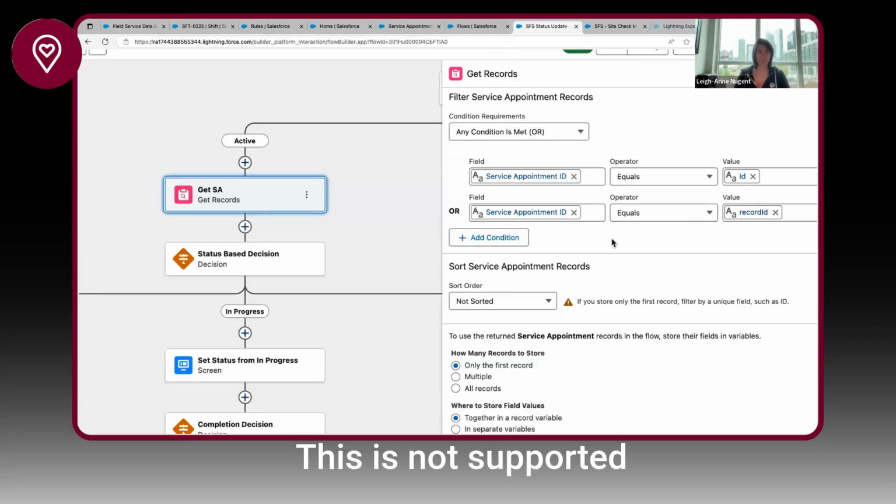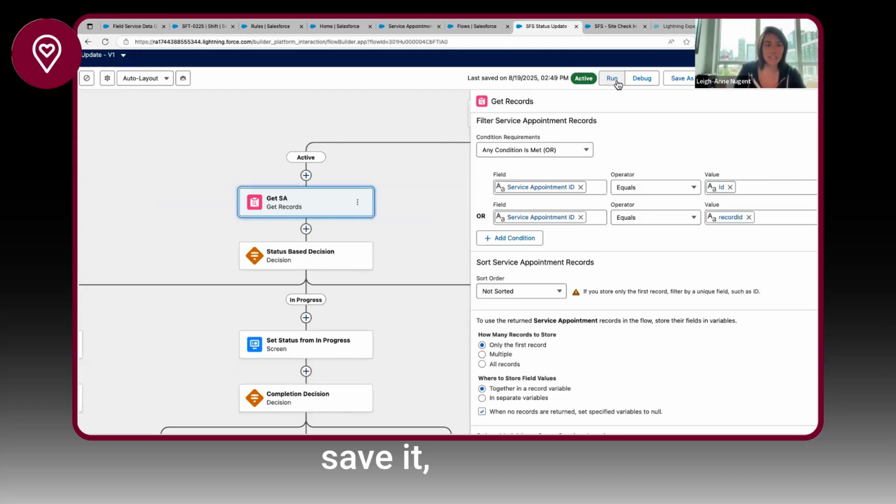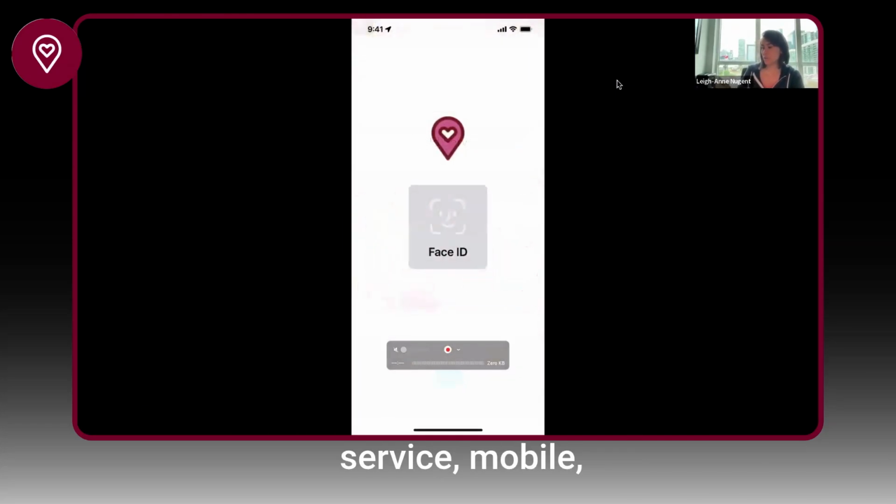This is not supported. And we can try it, right? So this is why people like me get to version 74 on their field service mobile flows, because the other nuance with field service mobile flows is there is no way to validate that your flow will work in the debug logs. You actually have to save it, activate it, go to your field service mobile,